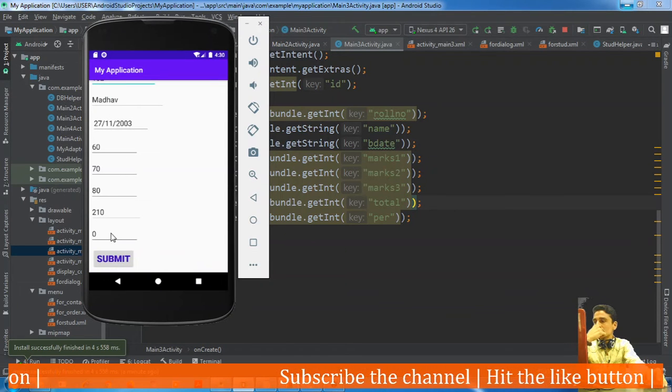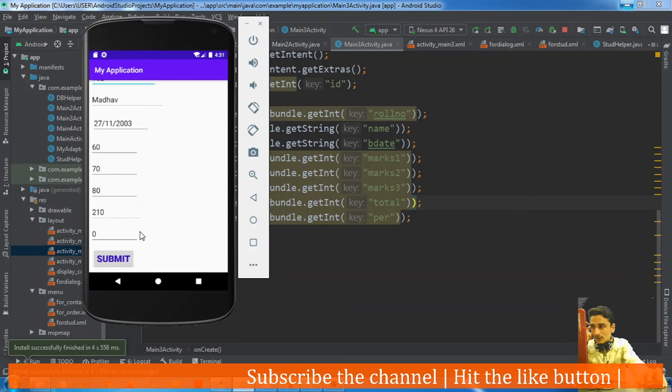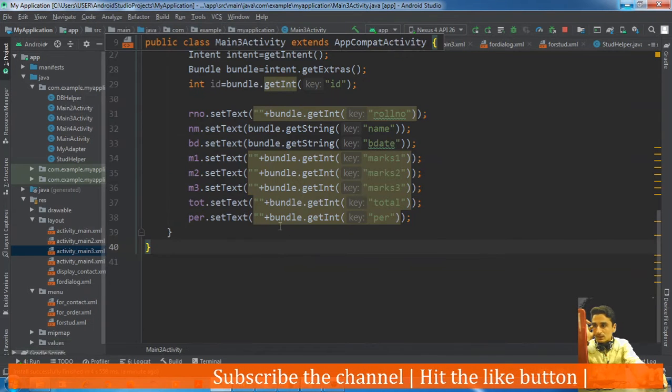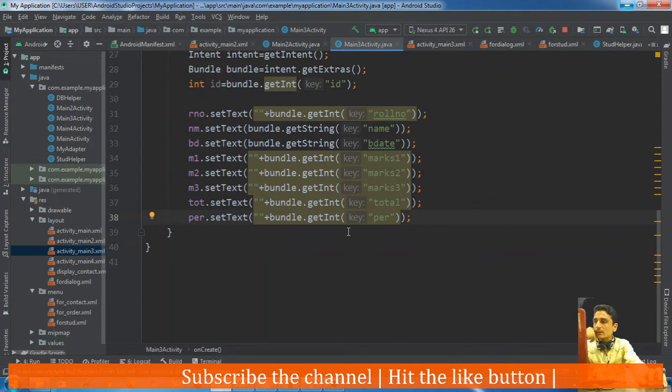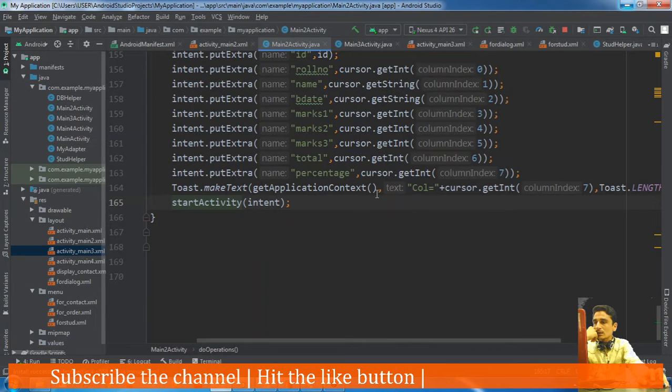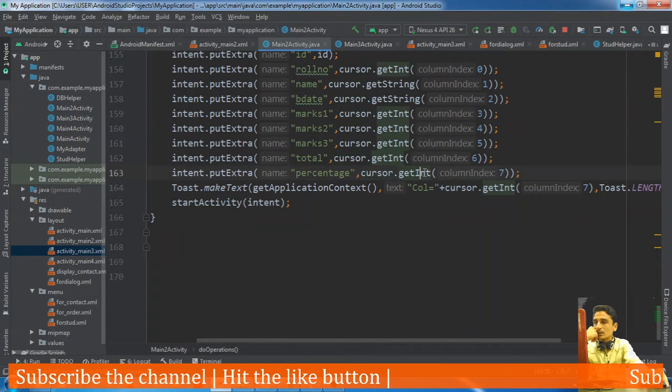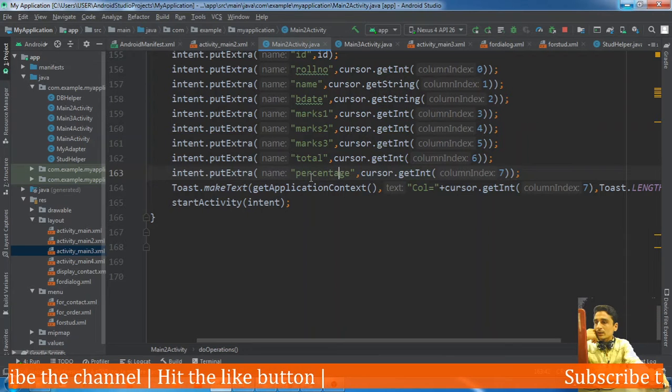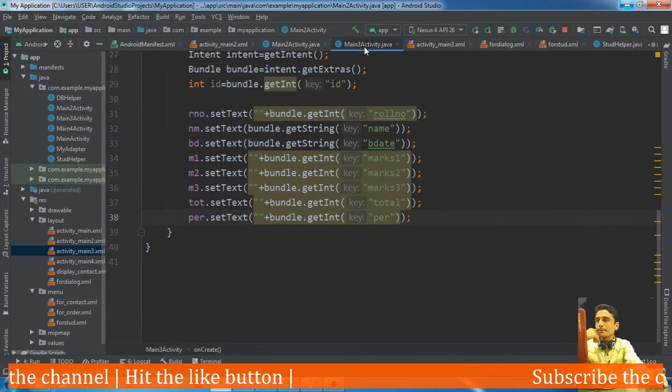Percentage is shown as 0. Why? Okay, percentage is the full name.